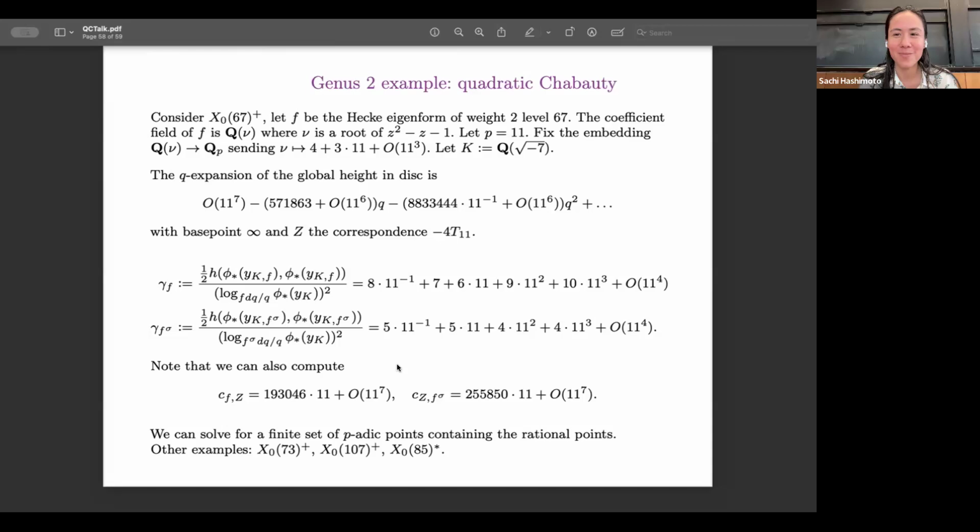Yeah, that maybe answers my next question, which was how hard would it be to generalize to quotients of X1? It's definitely possible, but I think a careful reading of Perrin-Riou and Bertolini, Darmon, Prasanna would be in order, and it's not trivial, I would say. It would be interesting if someone wanted to work out exactly how to do this.